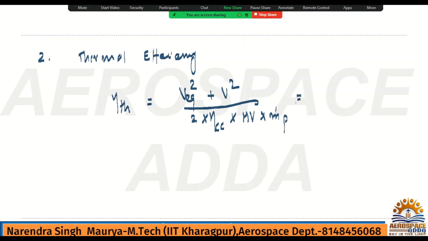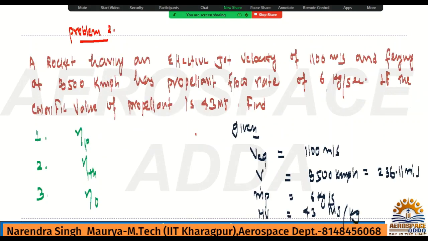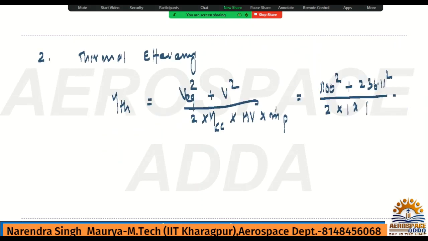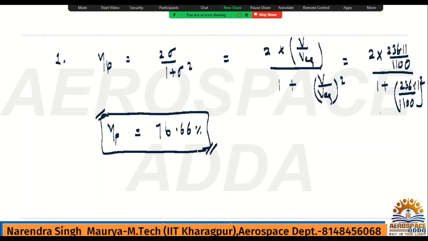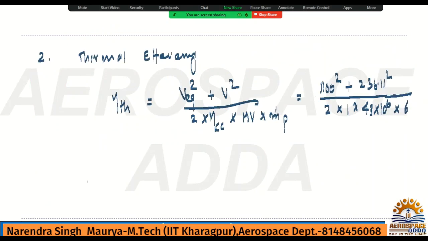So V equivalent is given as 1100, plus flight vehicle speed 236.11, divided by 2. Combustion chamber efficiency they have not given, so you consider 100%, so it is 1. Heat value I think it is 43 megajoule, no? Megajoule. So 43, and for the mass of the propellant, I think it is 6 kg per second. So if you calculate this thermal efficiency,